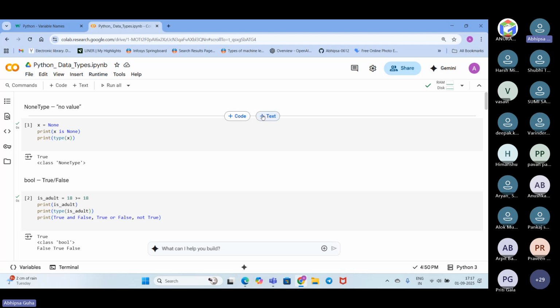In case of mapping, we get dictionary. In case of sets, we get the set type and also the frozen set. And we get binary data types, that is bytes, byte array, and also memory view. We'll see the examples one by one so that it becomes easier to understand as well.